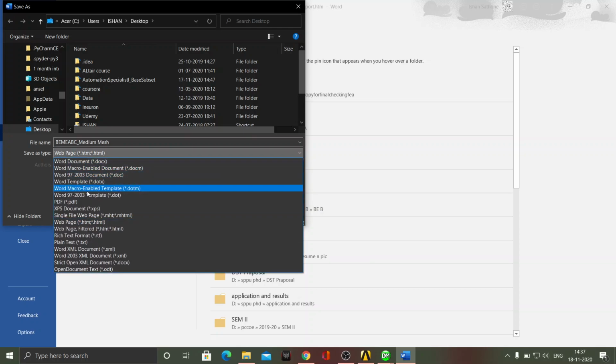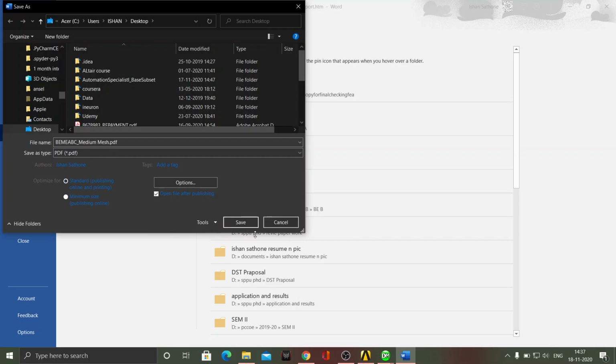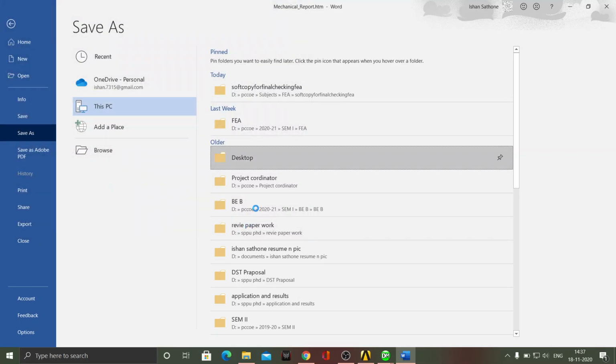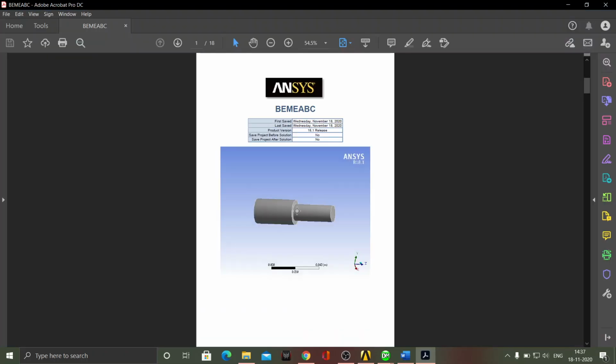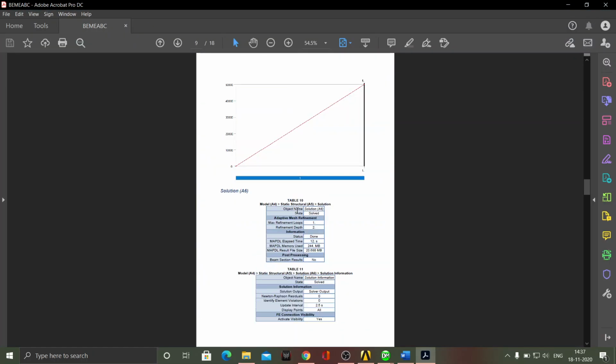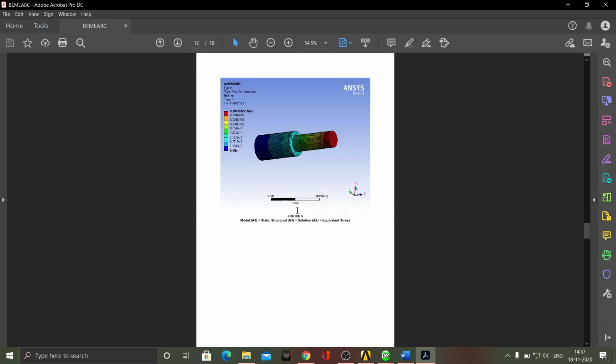Okay, and file type is PDF. We will save this. So now you can see that all the things are in PDF and in required form. So this is how we are going to generate two reports for each experiment. Okay.